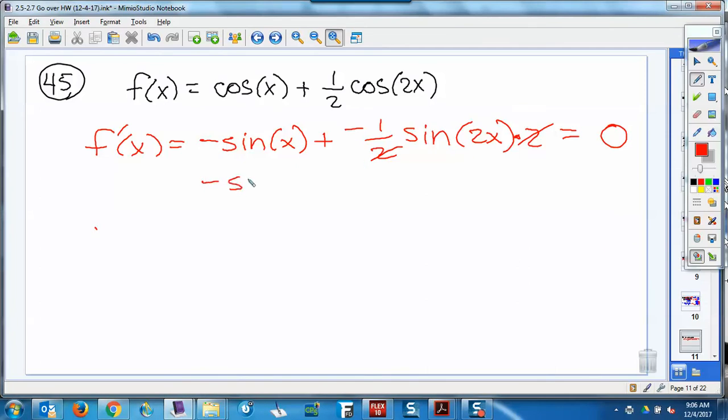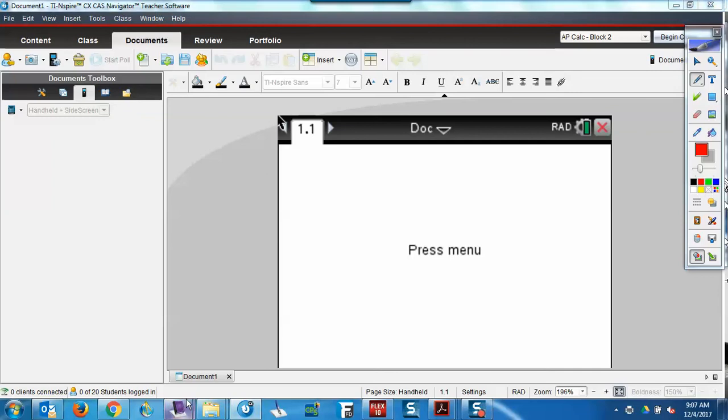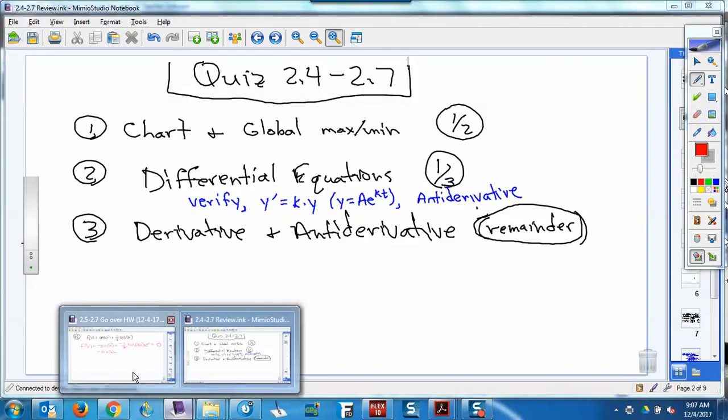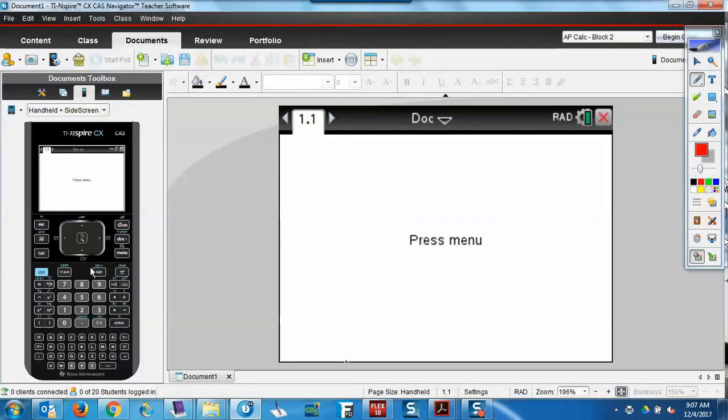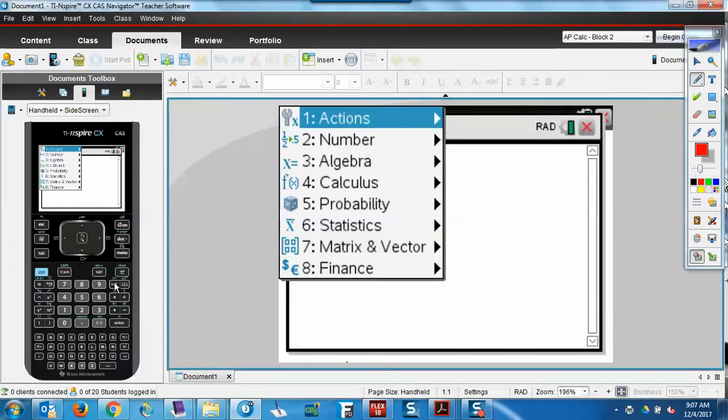Okay, so it's going to be negative sine x minus sine 2x, right, equals 0. So that's our f prime. So I just want to make sure everybody understands that now to solve,